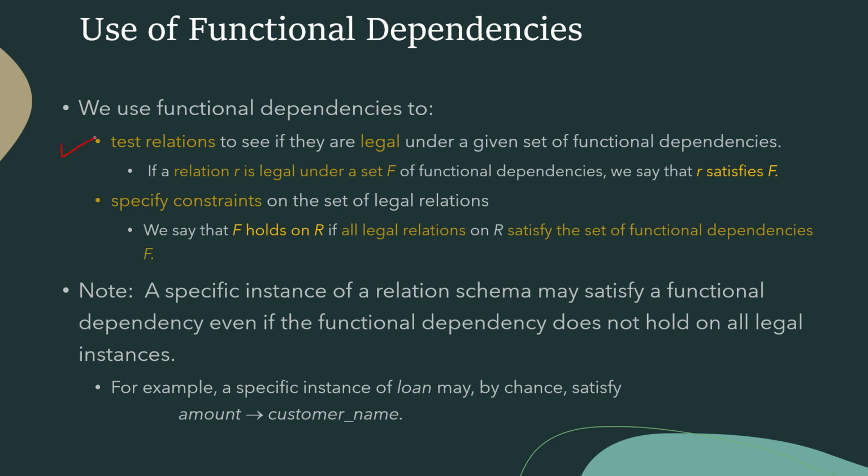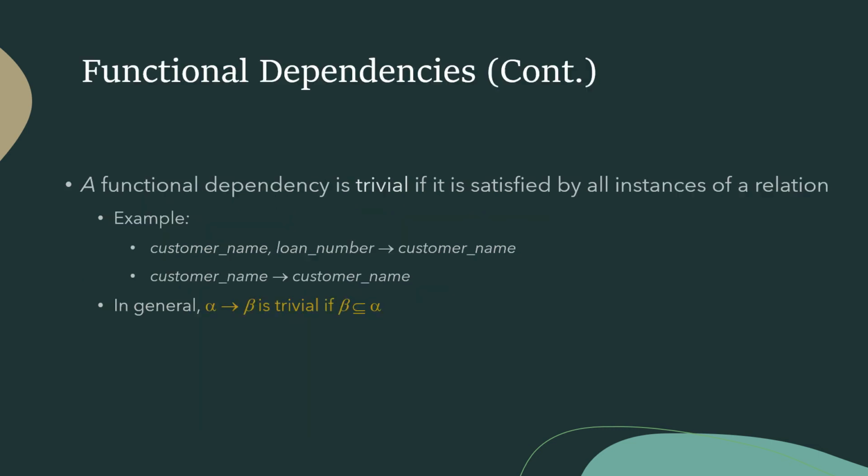This is the first use. Suppose we are given a relation and a set of functional dependencies. Then we can check whether all these functional dependencies are satisfied by the particular table R. If they are satisfied, we can say that R satisfies F. So here we have to consider two terms: what is the meaning of R and what is the meaning of F? Suppose a table, a relation, is given, denoted by the small letter R, and we are given a set of functional dependencies. I will give you one example.